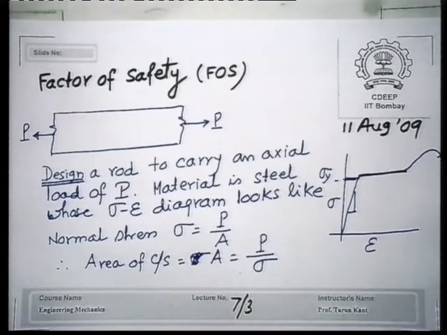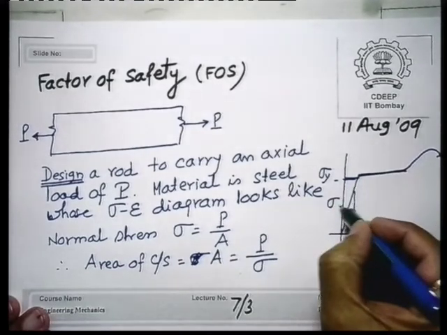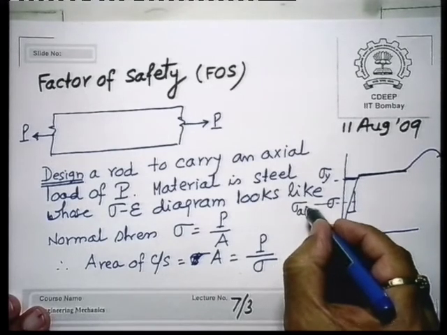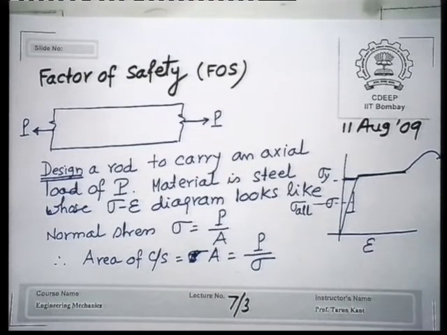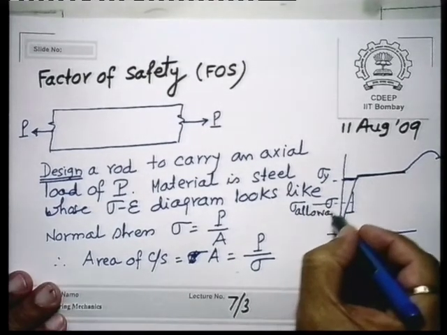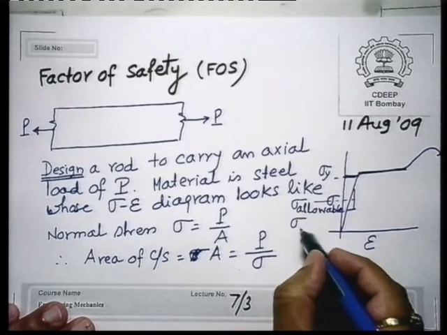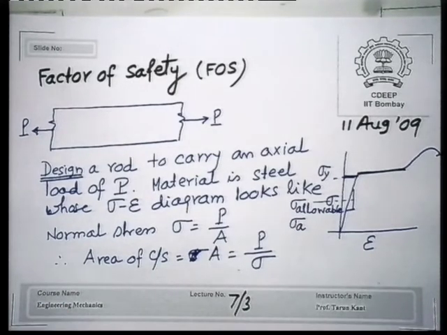So, what is the best way? We will say let the stress level inside the body be restricted. Stress level should not reach maximum, not reach sigma y, but let us say it reaches here. So, I will say here sigma allowable, sigma A is allowable and that I fix. Let us say I want to keep a factor of safety of 2. So, I will fix it at sigma y by 2.